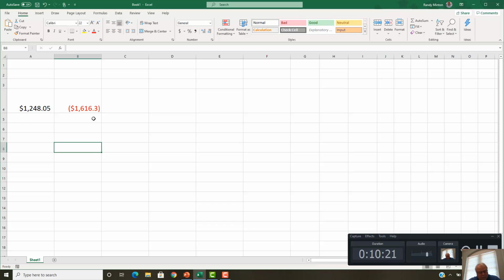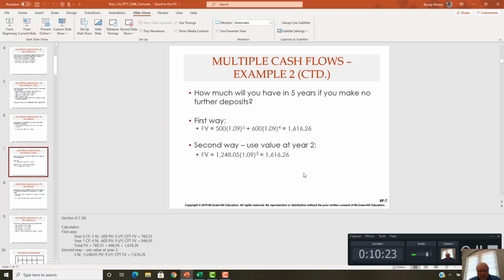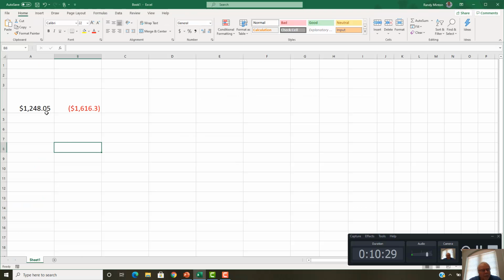16, 16, 30. And there's a little bit of a difference here, and I'm not sure that I know why it is though. It's a little bit of a difference because when I put that number in, I didn't put it in with all of its decimal points. I just put it in as 0.05. But if you were to look at that number by extending the decimals, you'd see that it was probably